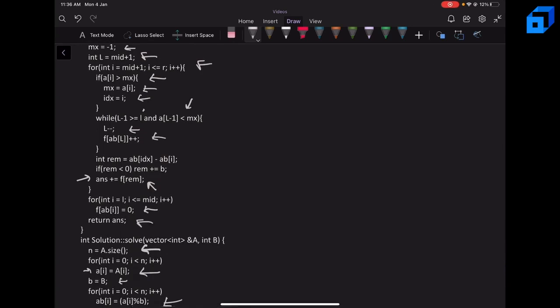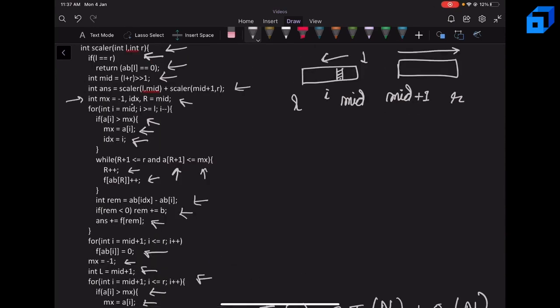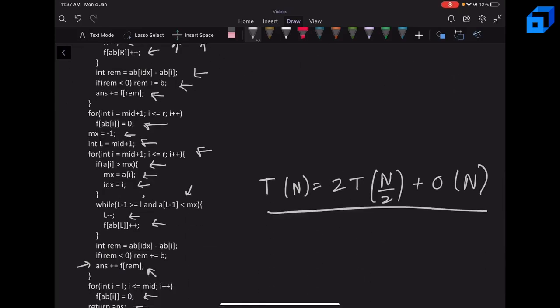Now what will be the time complexity of this solution? We have T(n) equal to twice T(n by 2), that is the divide part, and the conquer part is actually O(n), because we iterate over left indexes, and our right index will definitely either stay the same or increase, that is it is non-decreasing. So the total number of movements of all the left indexes and the right indexes will be of the order n. From here we can say that the time complexity will be O(n log n), and space complexity is O(n), since we are only storing some arrays.